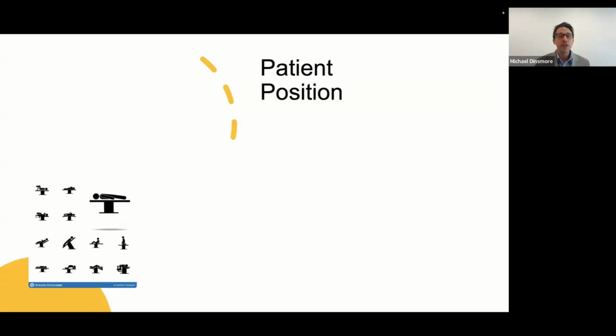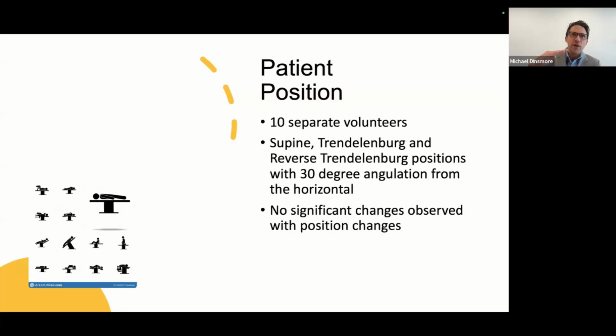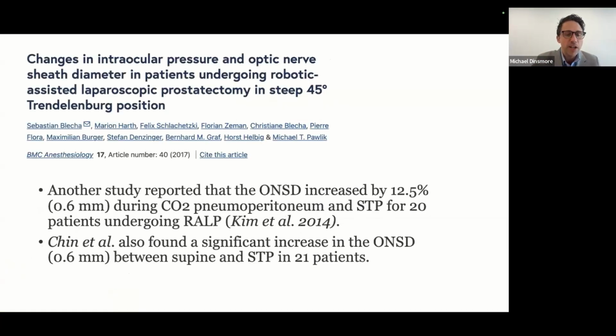Good. So you can see some of the clinical indications that we're starting to use it for. And as time goes on, people are finding more and more uses for this clinically at the bedside. One other caveat I want to mention: initially when we started doing this, patient position wasn't an issue. The initial group showed that changes from supine to Trendelenburg and reverse Trendelenburg of about 30 degrees really showed no change in optic nerve sheath diameter. However, as we're doing this more, we see more aggressive position changes, like from supine to standing, or this paper showed that